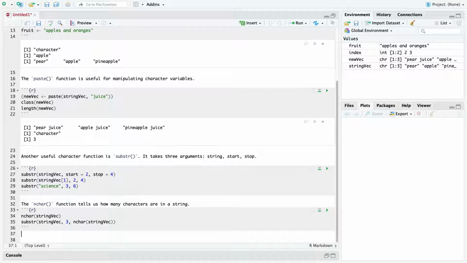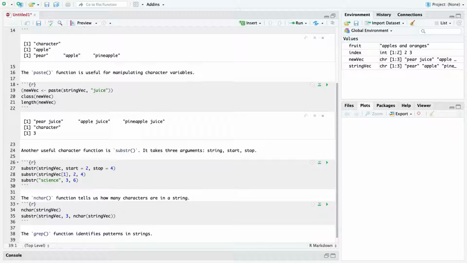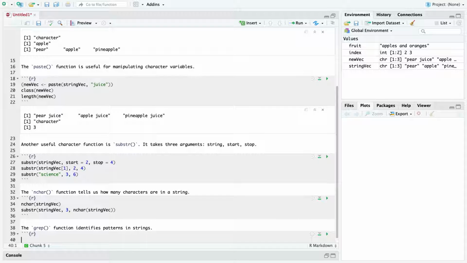Okay, the last character function we're going to talk about is grep. And the grep function is really cool, because it identifies patterns in strings. So here's an example. Okay, so we have our string vector with pear, apple, and pineapple. And let's say we want to know which of the elements of that vector contain the word apple. So the way that we're going to do this is